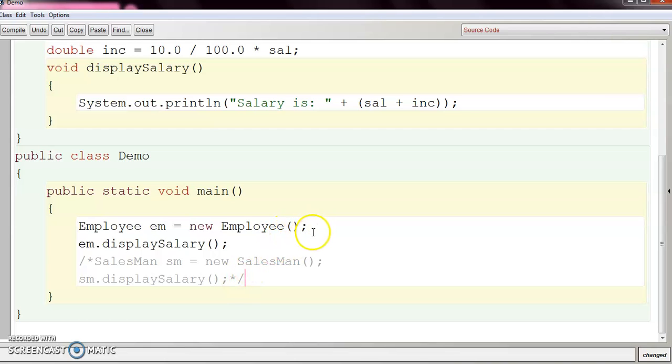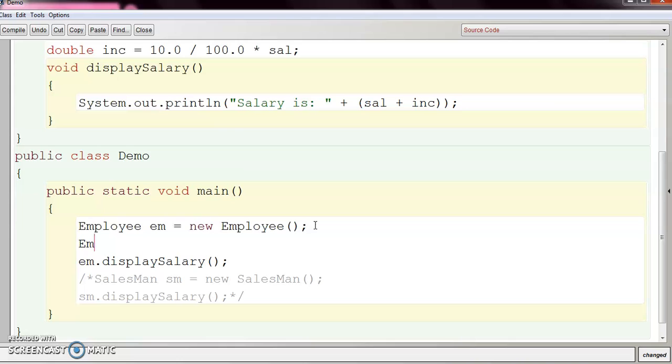And now create a reference of Employee and assign it to the object of Salesman. As you can see, there are two superclass references, EM and SM, but they are calling different constructors. EM is calling the Employee constructor and SM is calling the Salesman constructor.